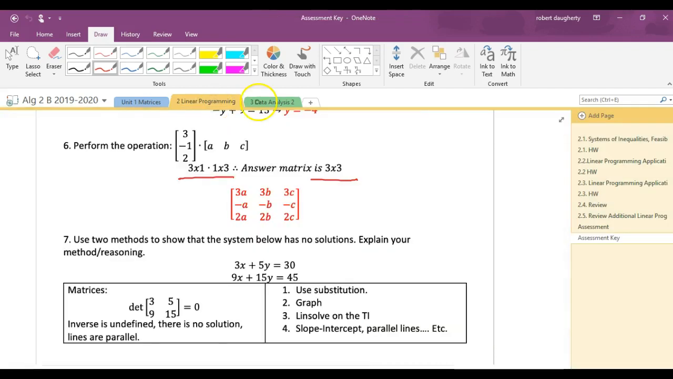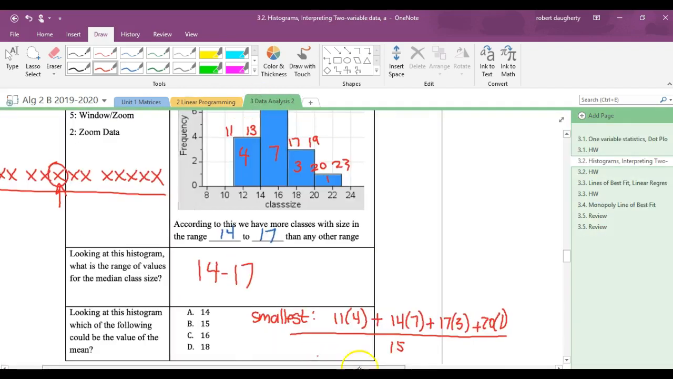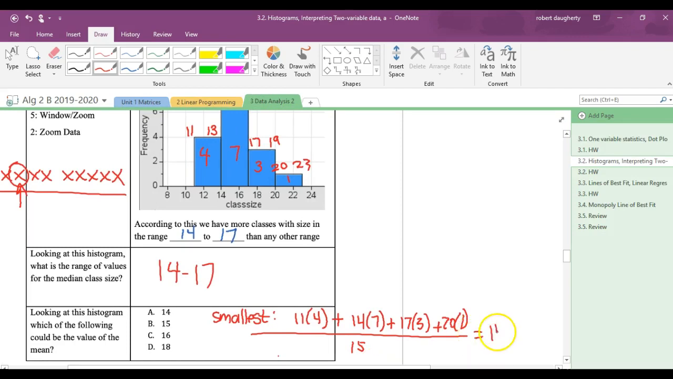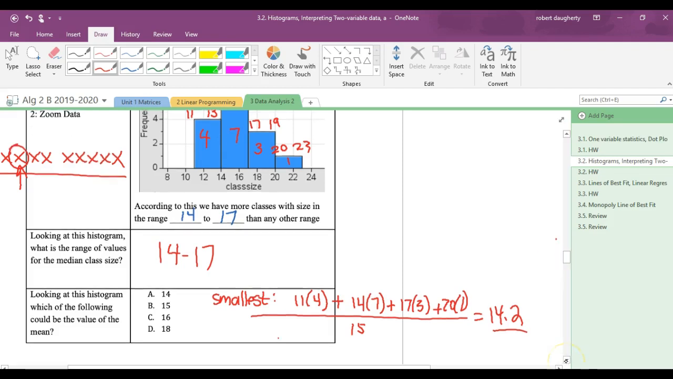That is the smallest number that the mean can be, okay? So this is 14.2, okay? Now, what could I also do? Now I've got this. What could I do on the other side of each of those bins? The largest value that the mean can be. So the largest that the mean can be